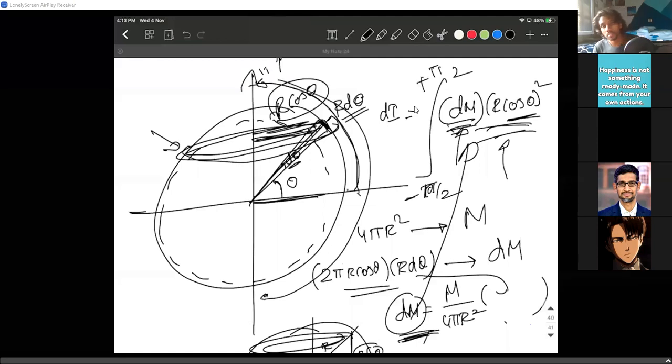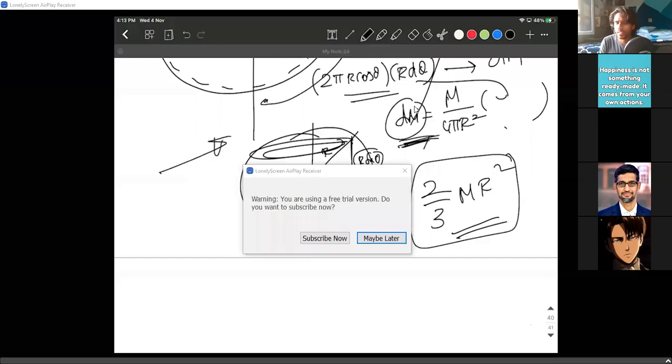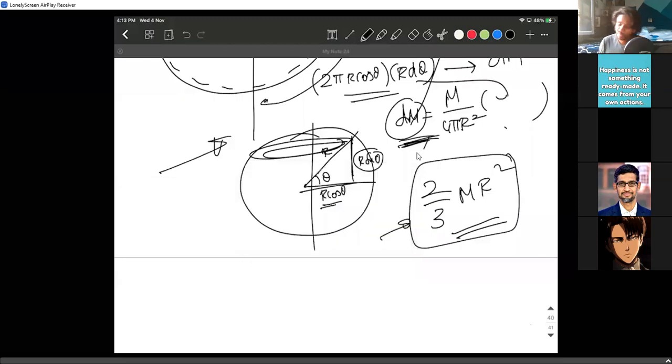Minus pi by 2 to plus pi by 2, you're actually covering the entire hollow sphere. And in the end, this is the answer, guys. You can simply remember the answer. No one is going to hurt you if you remember the answer. You won't even get through this process again in your life, maybe. No one's going to ask you the process, trust me. So don't worry about the process.